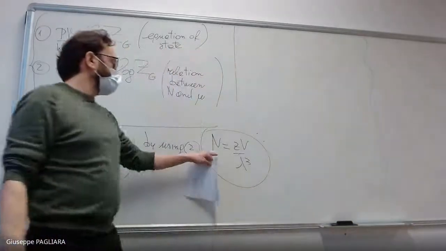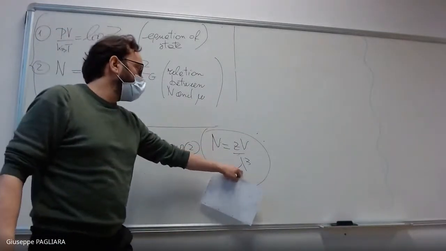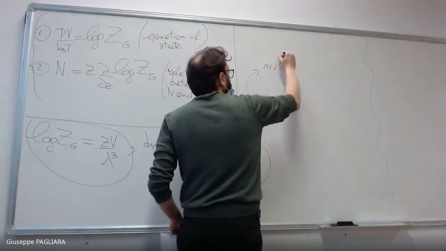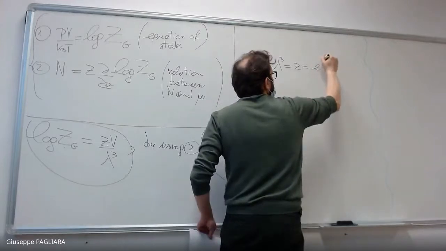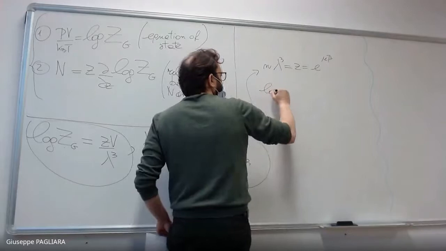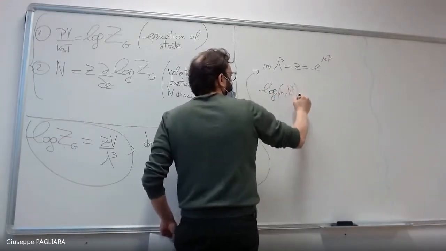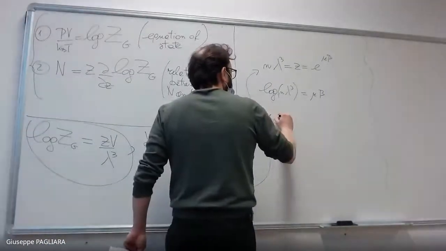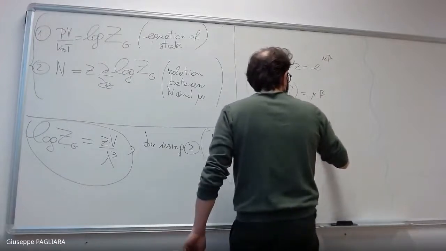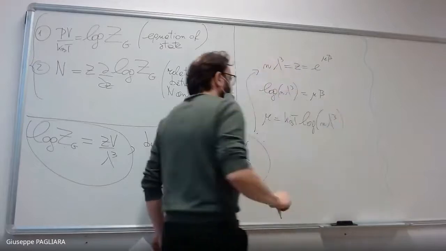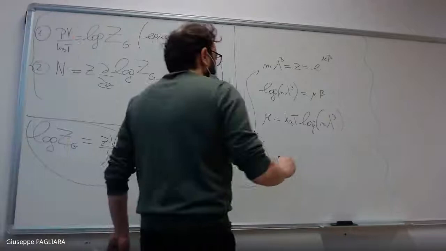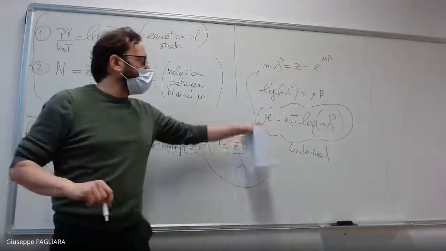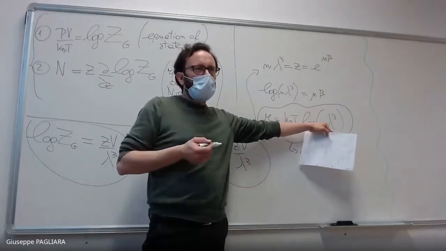So from this equation, I get that the density times lambda cubed is equal to z, and z was the exponential of mu beta. So now if I do the log of this quantity, log of n lambda cubed is equal to mu beta, and therefore mu is equal to kBT log of n lambda cubed. Okay, this relation between chemical potential and n, which is the total number of particles divided by the volume,